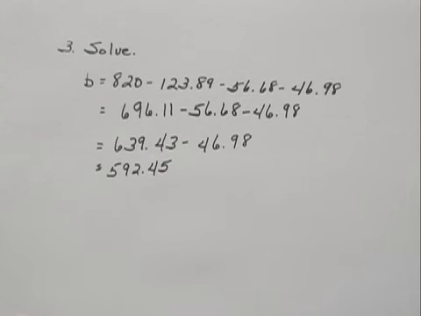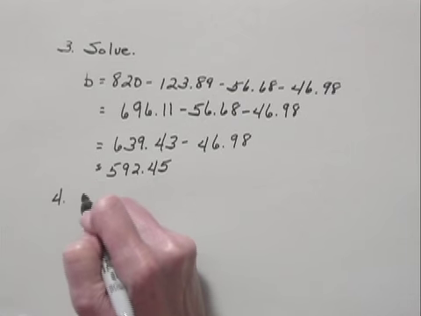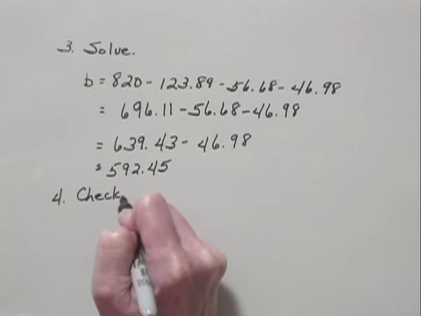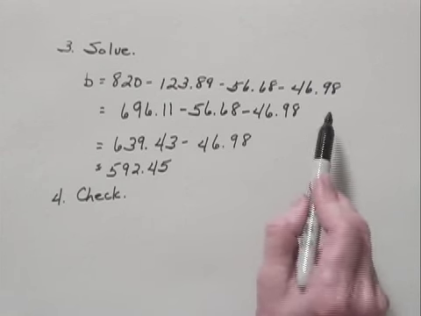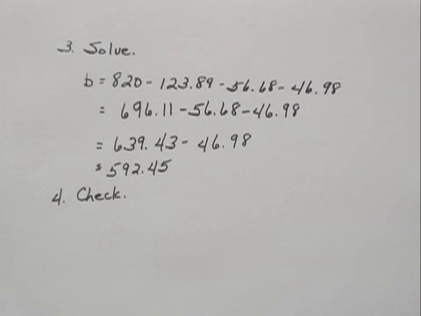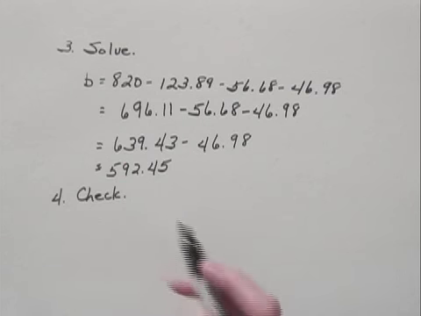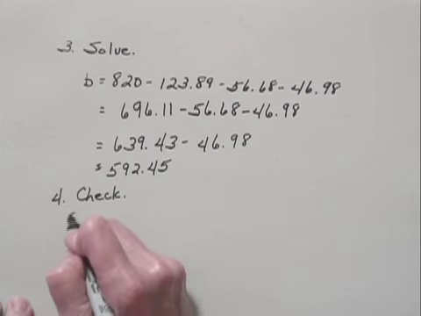And we need to check this in the original problem. The fourth step of our problem-solving process is to check. One way that we could check this is to add up the total amounts of the purchases and then subtract that from the original balance to see if we get this number. So let's do that. We had